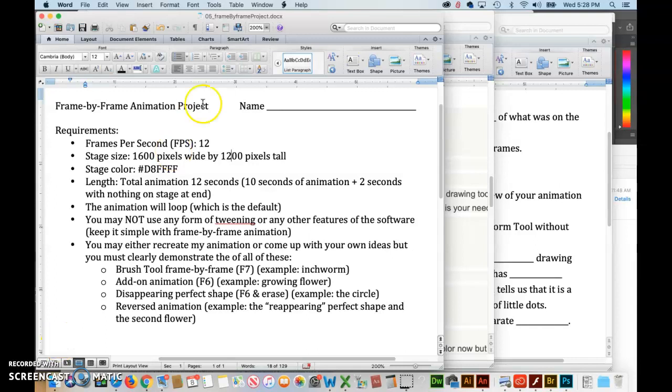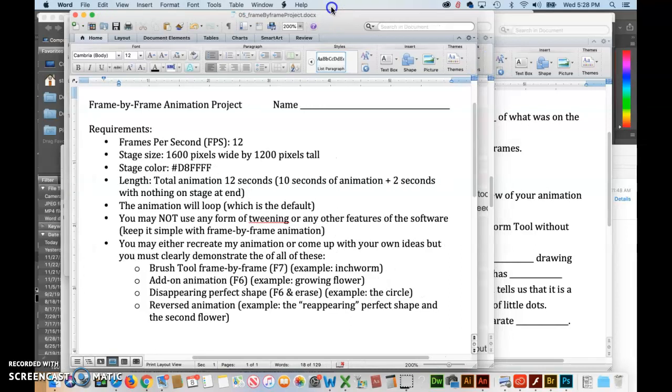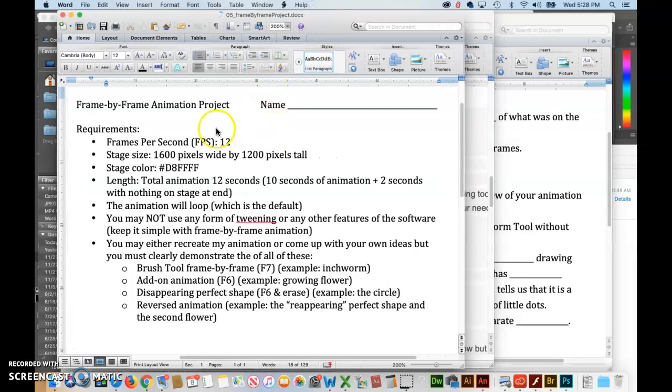So let's get started on the frame by frame animation project. You will have access to a handout like this, probably in files on Canvas, but I just want to go over a couple things real quickly. Other ones we'll be going over in detail as the animation goes on. It's very important that anything that's written out here you actually do, because if you don't, you will lose points